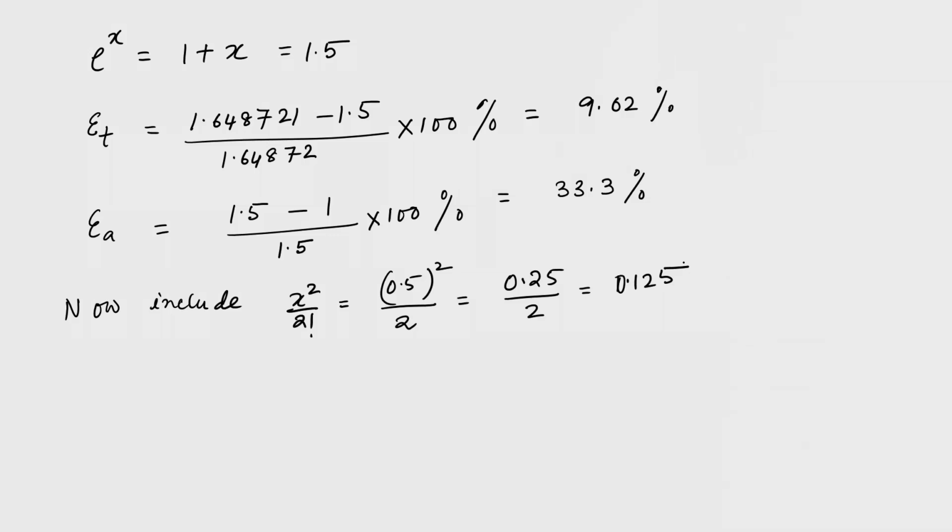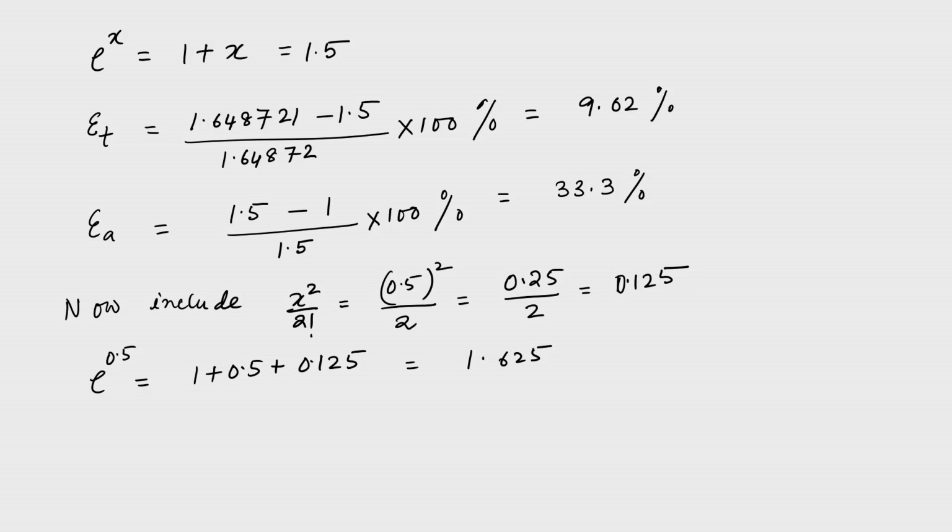If we include it, then exponential 0.5 at this level becomes equal to 1 plus 0.5 plus 0.125, and this becomes equal to 1.625. We are still away, and we can calculate epsilon t, which is the percentage relative error,